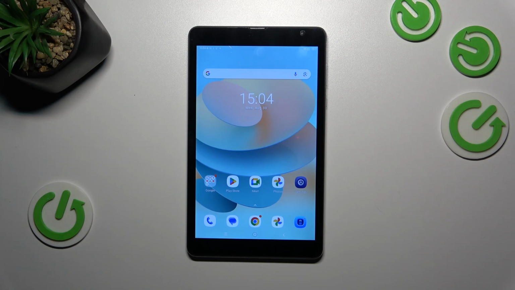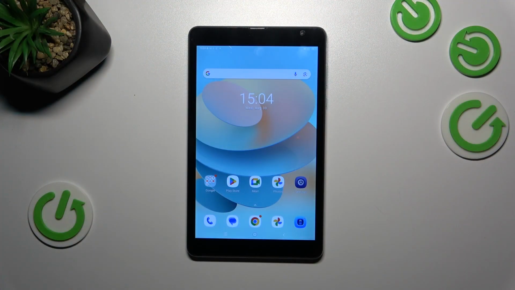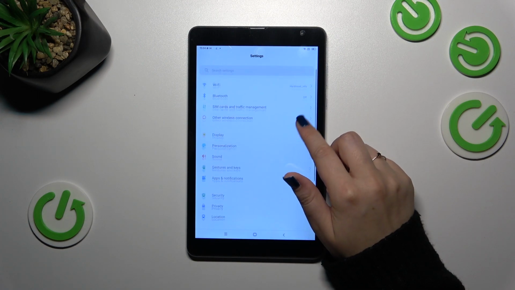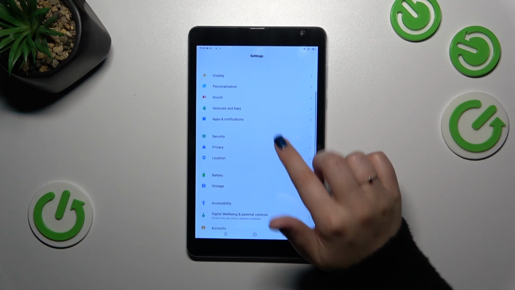Hi everyone, in front of me I've got Blackview Tab 6 and let me share with you how to reset the preferences on this device. So let's start with opening the settings and then find the proper section with the apps, which are right there,